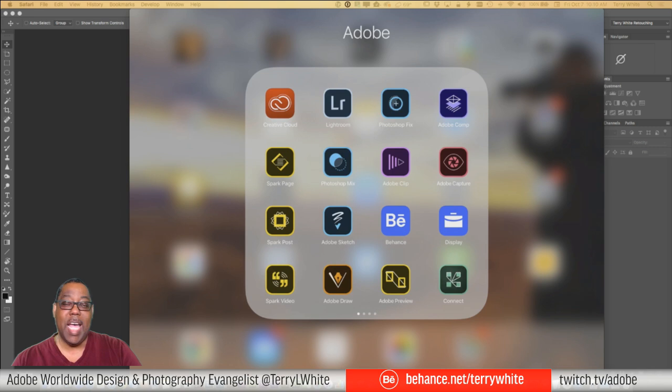That has happened also in apps like Photoshop Elements. Photoshop Elements from time to time has gotten features before it made its way into Photoshop on the Pro side or in Photoshop CC, because the consumers are a little more forgiving of something just kind of being okay versus the professional saying, nope, it's got to be perfect, it's got to be top notch,